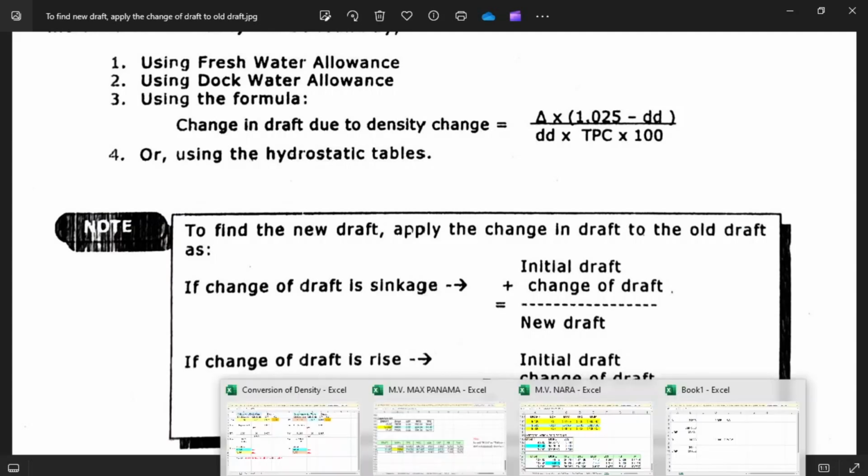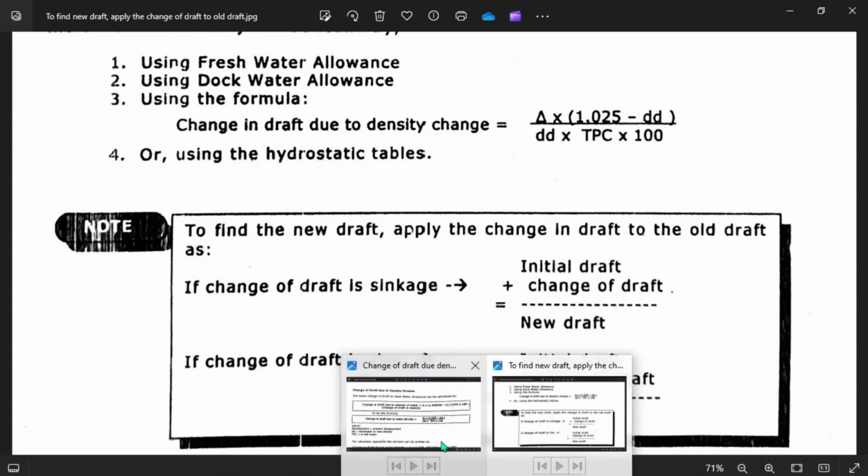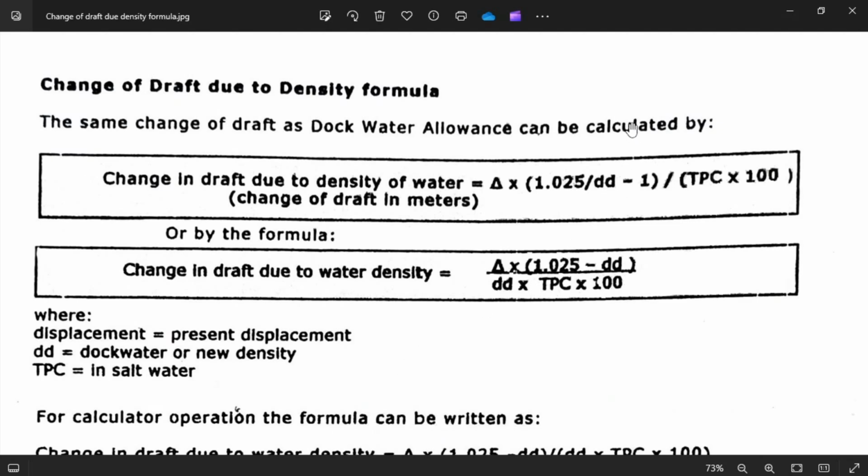Then we go to this next figure. Change of draft due to density formula. So take note of this one, guys. The change of draft, as in Dock Water Allowance, can be calculated by change of draft due to density of water. The formula was